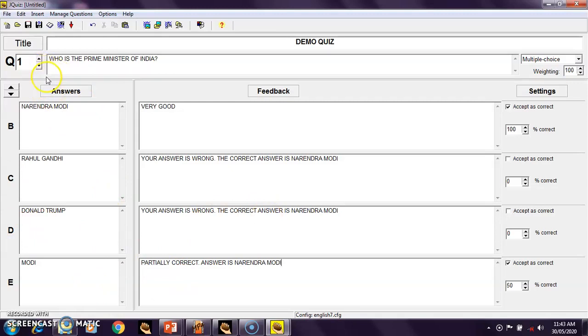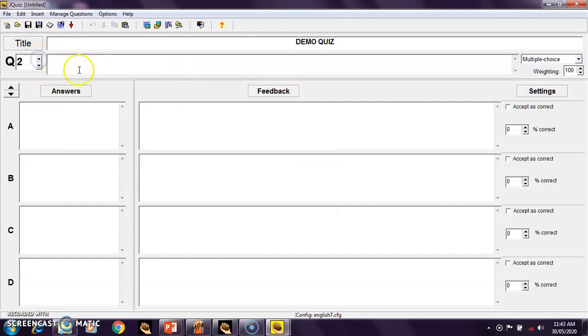Now let's add another question. So I am clicking here on this drop-up menu for question number 2. Let's write, who is the President of India? Now here I am selecting short answer type question.